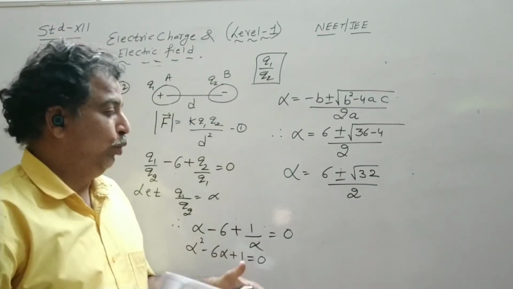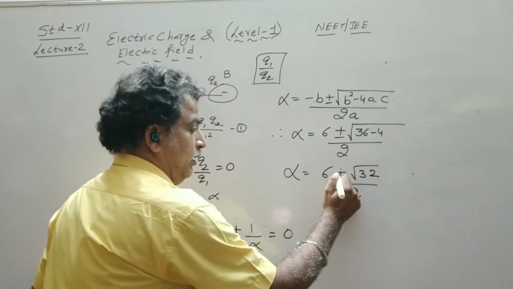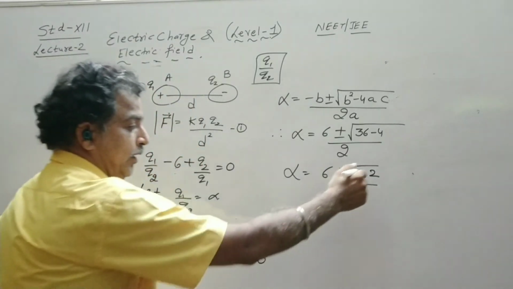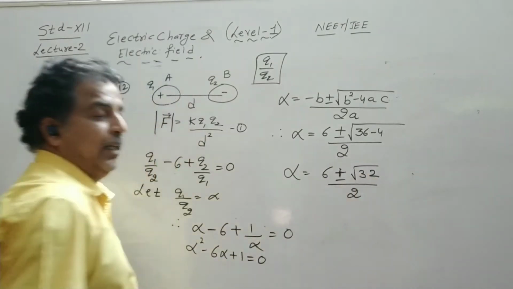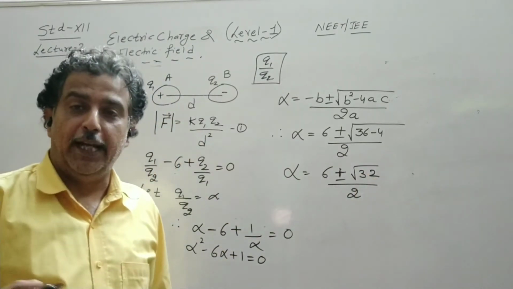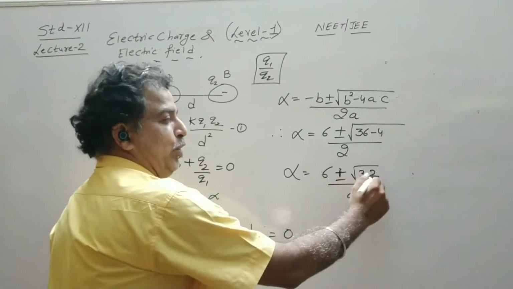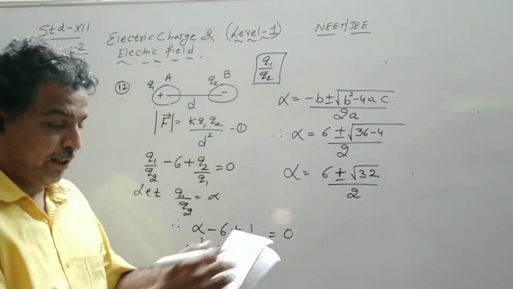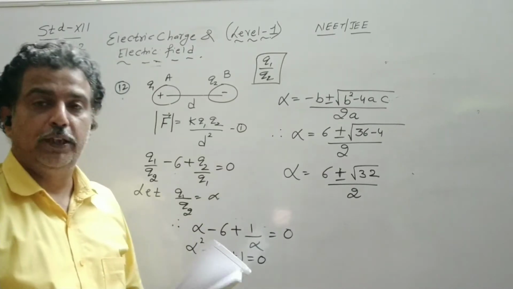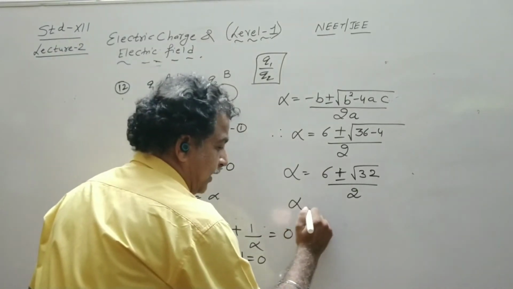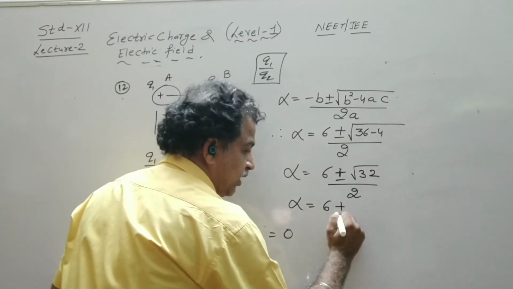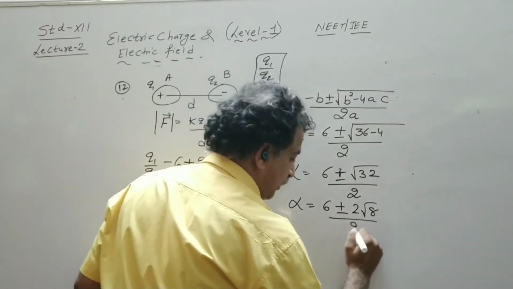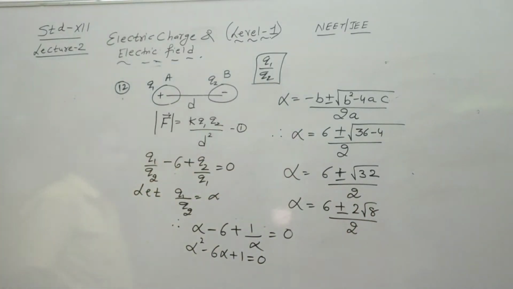From the MCQ we have to decide from the options which term to keep in the root. Otherwise I can write root 32 as 16 times 2, so 4 root 2 also. But in all the options given here we have root 8. So this can be written as alpha is equal to 6 plus minus 2 root 8 divided by 2, and therefore